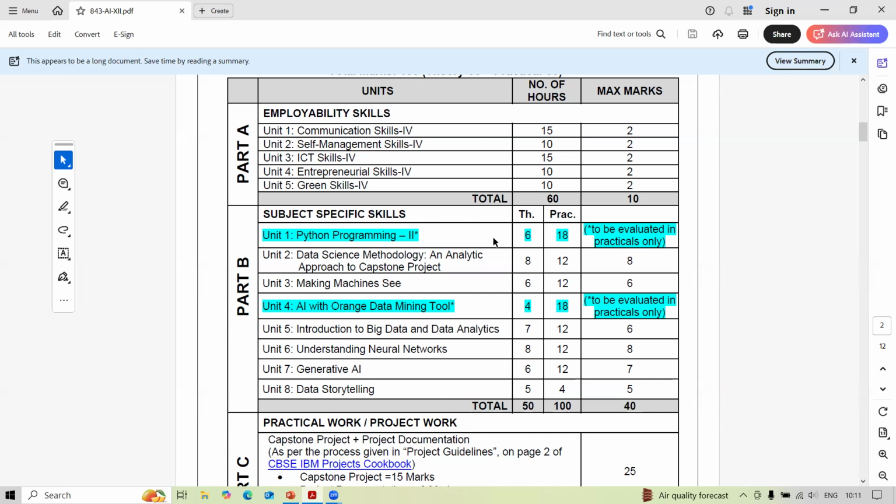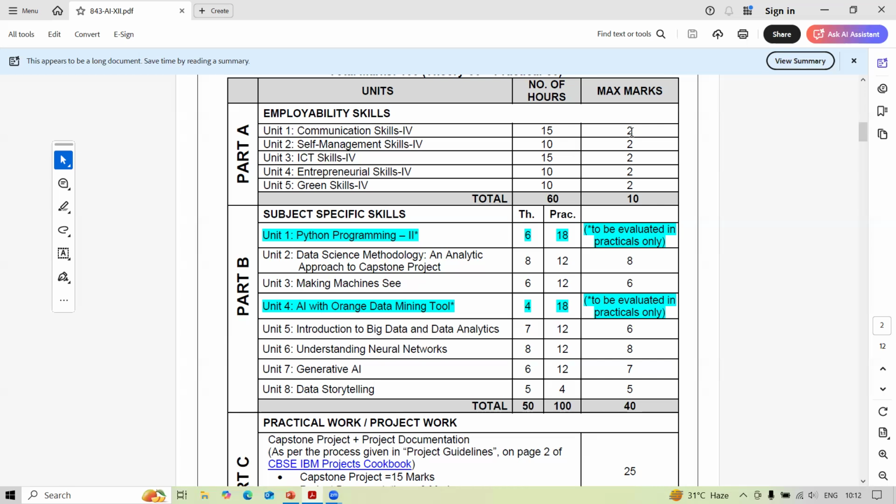This part, whenever you get time, keep practicing a little at a time. And next month I'll give you the project, which is based on the second chapter intro also. So you'll have to work on that too a little bit. Okay. So that is part B, which has the other chapters too. And part A talks about these employability skills. 10 marks from each topic. It is 2 marks, but it has a few things which are very typical.